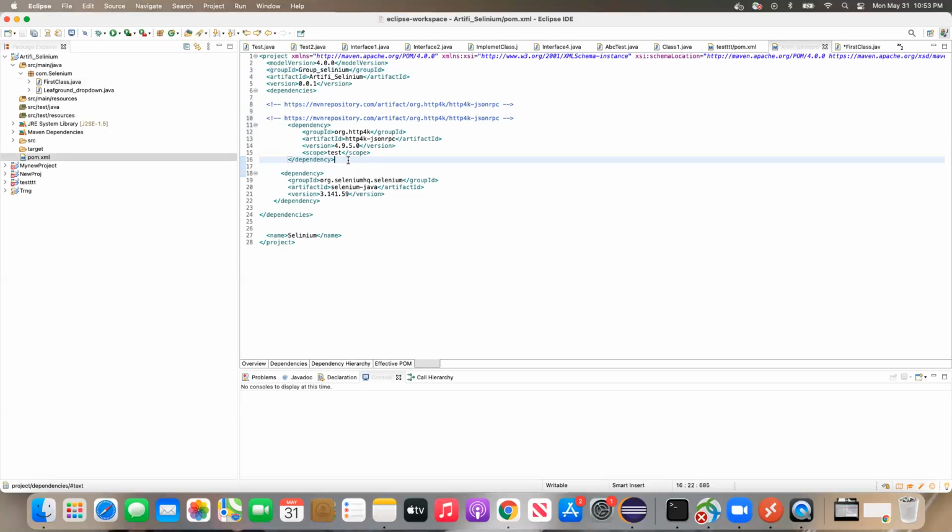Any questions up to this dependency, guys? You have to be very clear, and this concept is so important in all our future projects and in all the tools we are going to learn. The pom.xml will play a crucial role, so you need to understand each and every bit.